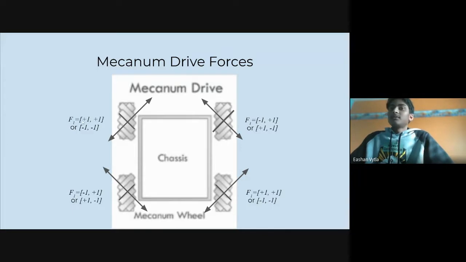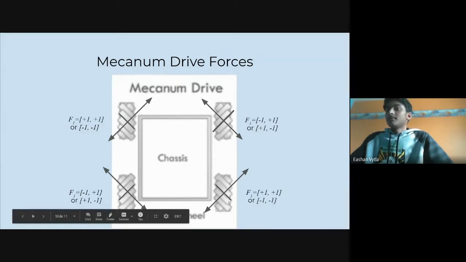So as you can see, this one was positive 1, positive 1. This is an or, it can be negative 1 or negative 1. Same here, like I said, both of these are the same, and you can see that the directions are always the same. So here we got positive 1,